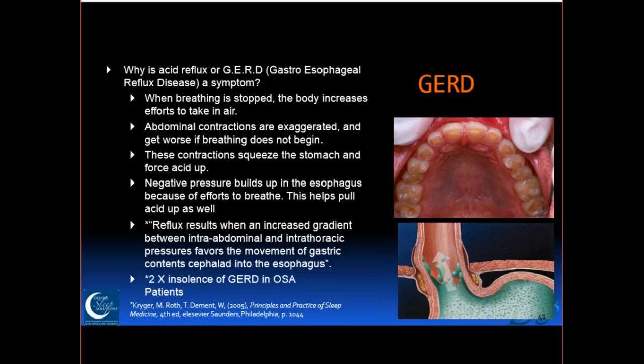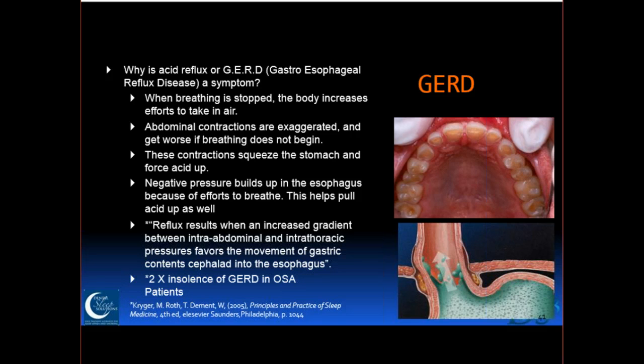We can get Barrett's esophagitis, which is a precancerous condition, and this can be a serious thing. People die from that. And one of the things that I want to point out, Guy, is if you're in a restorative course and they show something like this, they talk about restoring those teeth, and they never talk about sleep disordered breathing, right? So we don't want you to fall into that category.